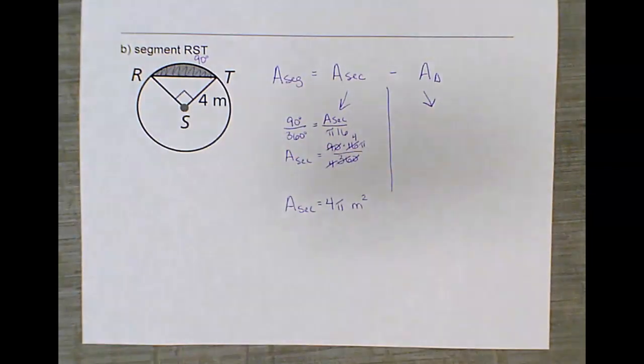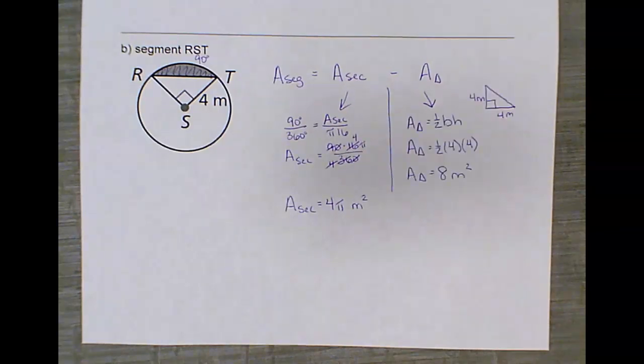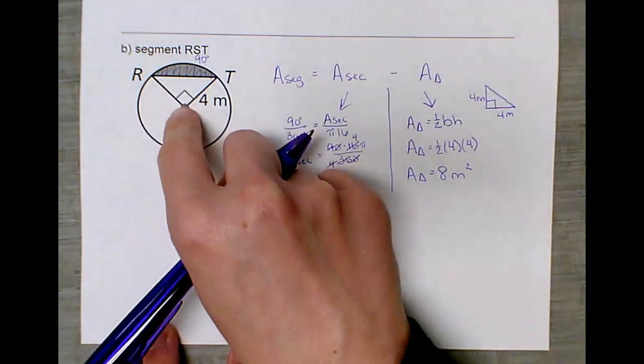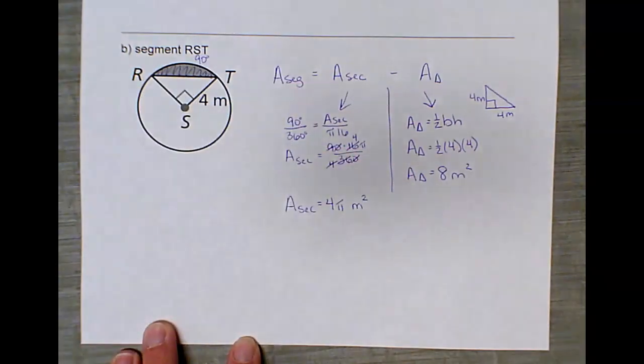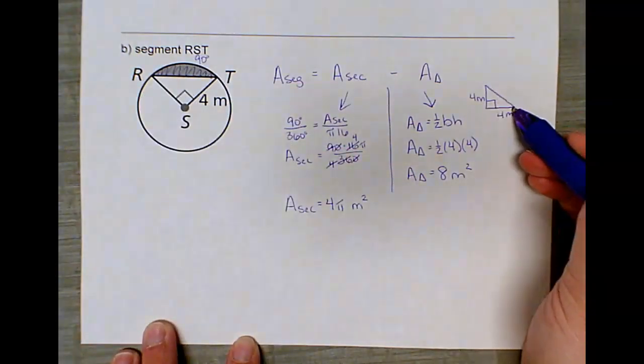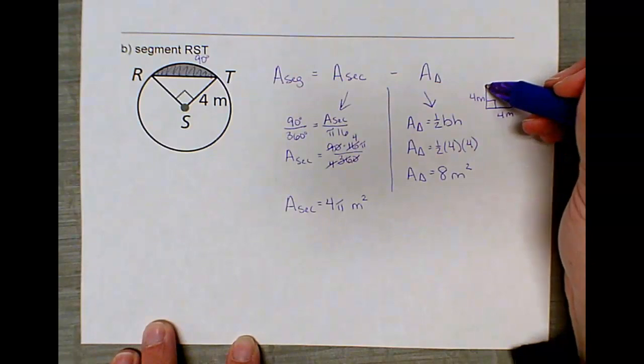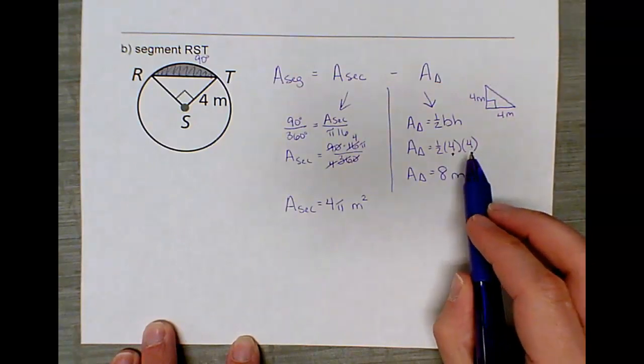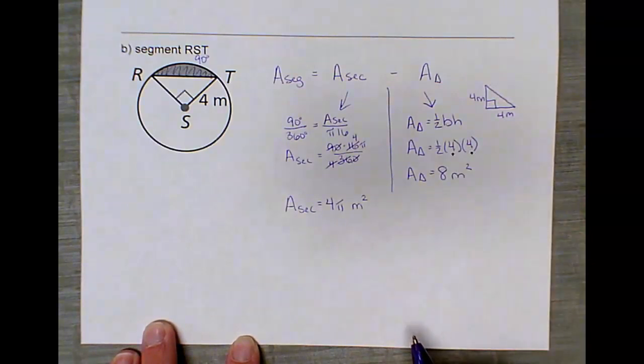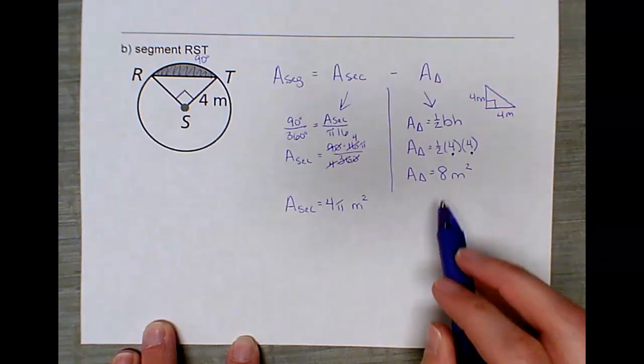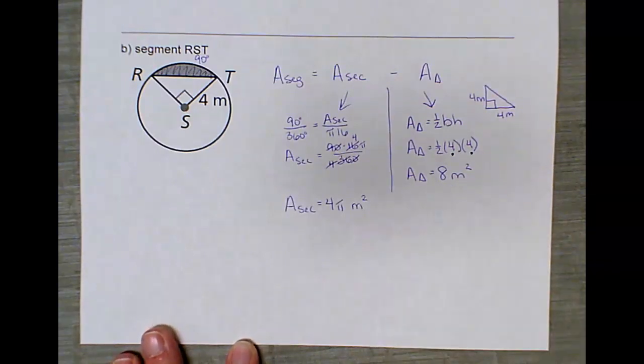Now, I'd like for you to pause your video and calculate the area of the triangle RST that is to be subtracted from that sector. Pause your video and calculate the area of the triangle. Remember that in a triangle, the base and the height are at right angles to each other, so if you just rotate triangle RST around a little bit, you'll have a base of 4 meters and a height of 4 meters, which you can substitute into your formula. Half of 4 is 2, 2 times 4 is 8, so the area of the triangle to be subtracted is